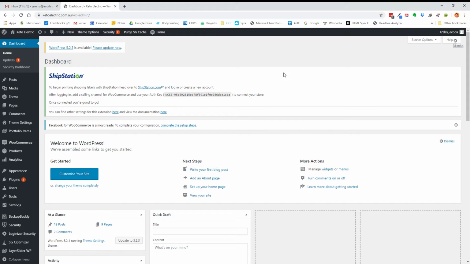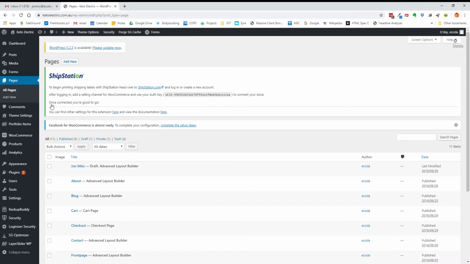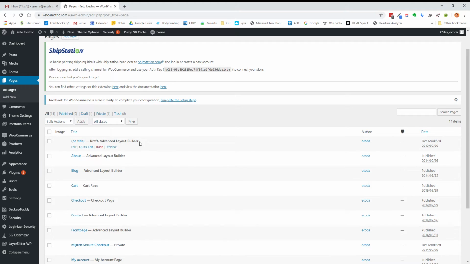Okay, so once you've logged in, you'll be greeted by the dashboard, and the left-hand side is our main navigation. We're using something called the Enfold framework, which is a little bit different to what you may have worked with in the past. So the way that works is when you go to a page and either create a new page or edit an existing one, you can see that there's an option for an advanced layout editor. So if we edit the About page,